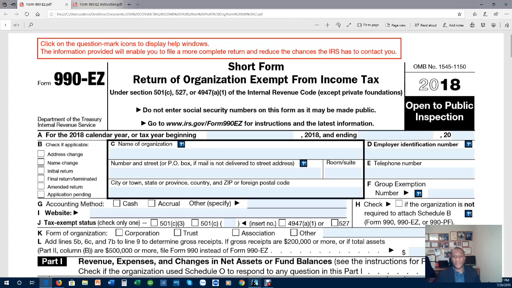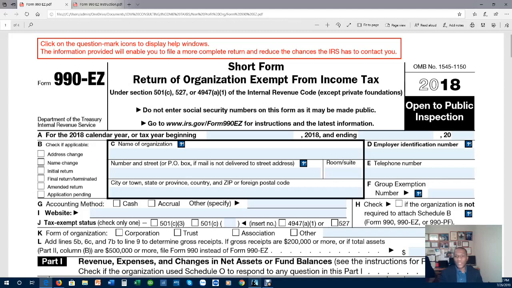There is another video that covers the schedules, such as Schedule A, B, C, E, G, L, N, Schedule O, and so forth. Okay, so basically, Form 990 is a return of organization exempt from income tax under Section 501(c), Section 527, or Section 4947(a)(1) of the Internal Revenue Code, except private foundations that file Form